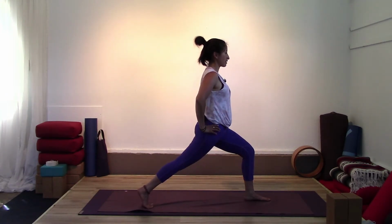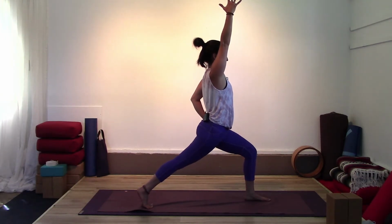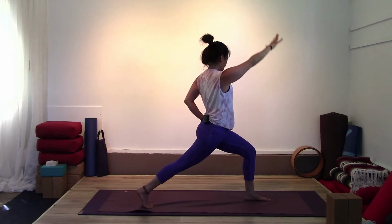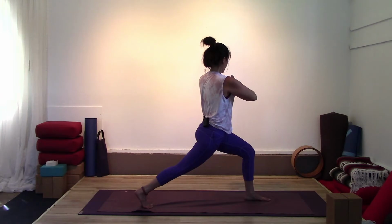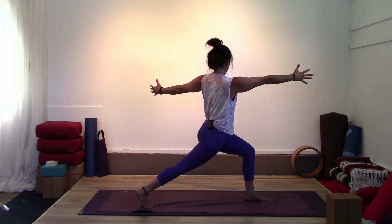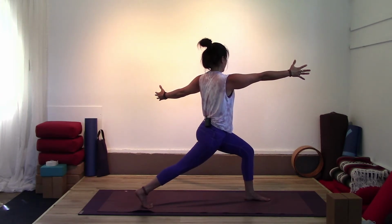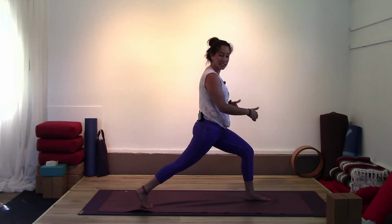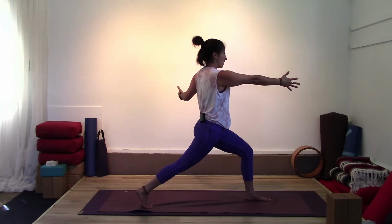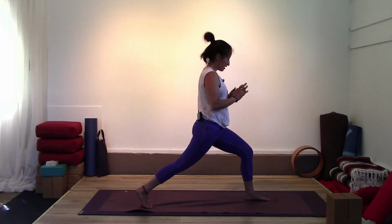Hands on your hips. Keep your right hand on your hip. Inhale, lift your left arm up. Exhale, twist and lower hand onto the thigh. Bring hands up to heart center, or open hands up to a twist, reaching out. Stay here. This is a lot of challenge on the lower body for balance, or very carefully, you can lower